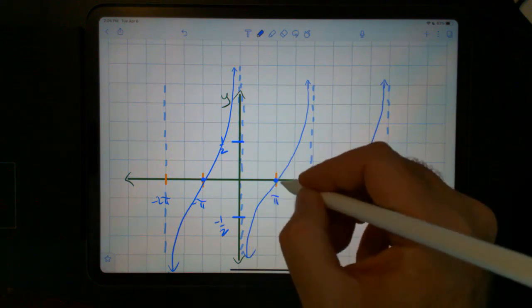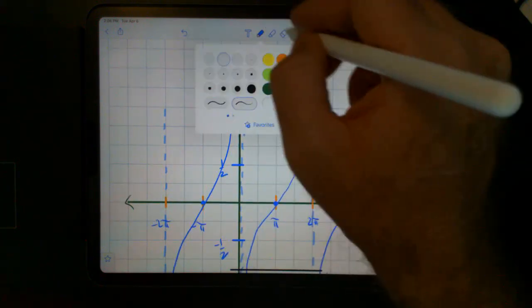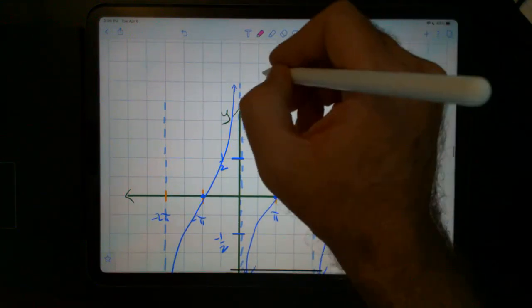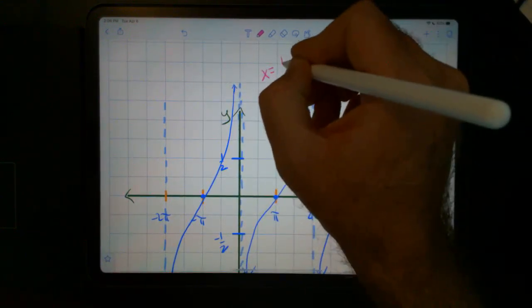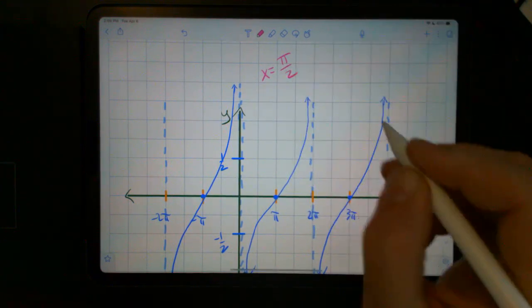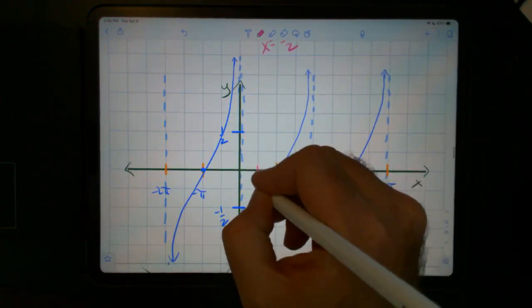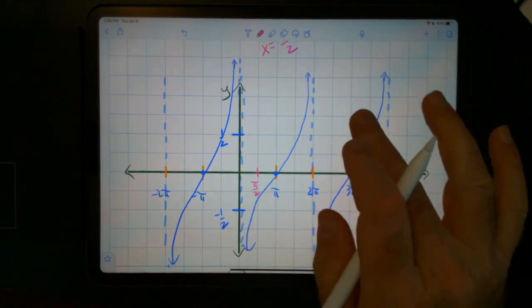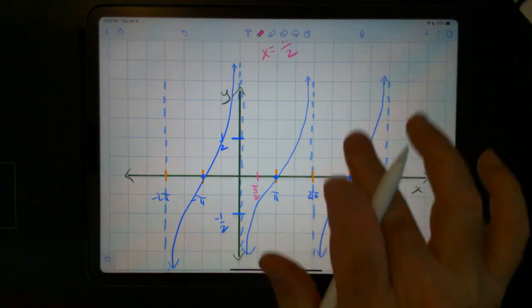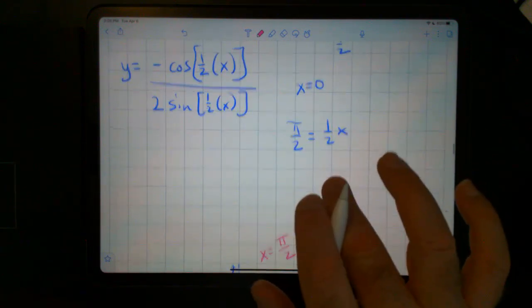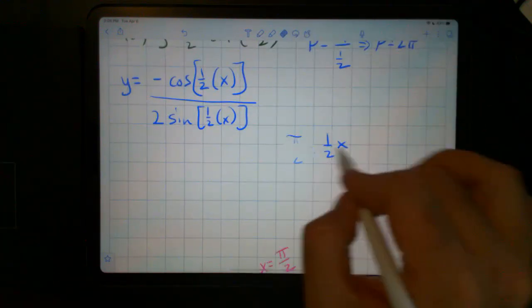We can test points. What happens when x equals pi over 2? So what happens here at pi over 2? We should get a negative value. So when x equals pi over 2, we have